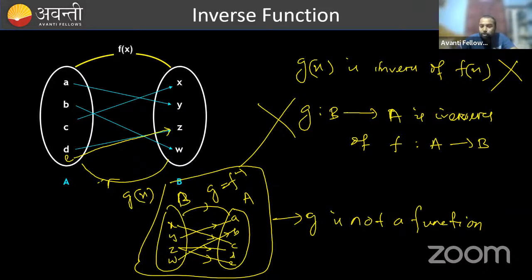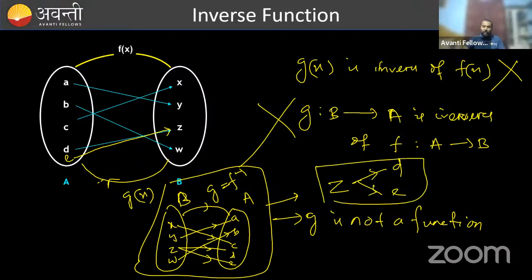Z has two images. So by the definition of function, if you remind the definition of function, it is violating the definition of function, right? So Z has two images. That one is D, another one is E. So in case of function, this rule is not allowed. In a function,